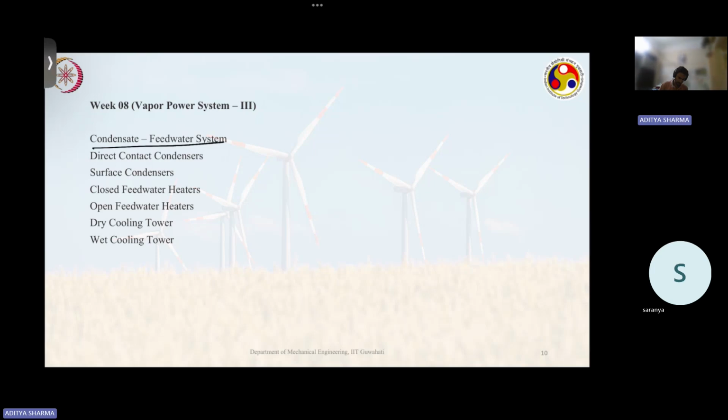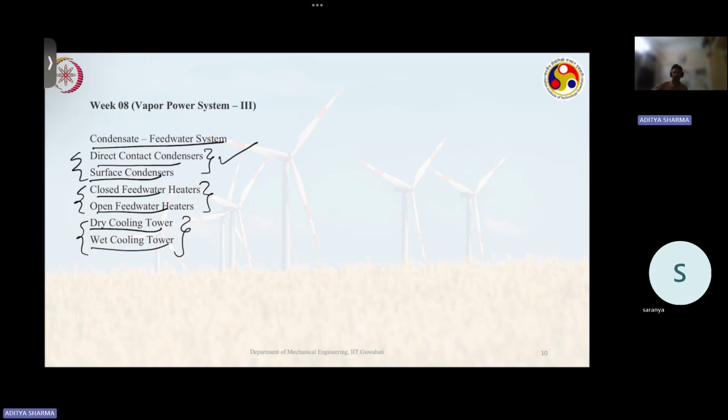To condensate feed water system, direct contact condensers, surface condensers, closed feed water, open feed water, dry cooling tower, wet cooling tower. Okay. This basically is your condenser, this is your feed water heater, and this is your cooling towers. Condensers are to condense your steam that is exiting from the turbine, right? Feed water heater, I have told in regenerative cycles how we do the feed water heating, right? Open feed water heating and closed feed water heating. I hope you remember